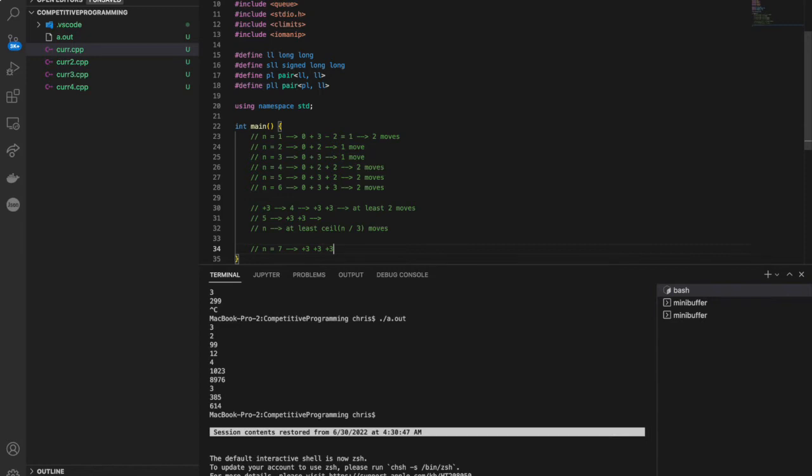So we need an extra number, a plus 1 added to the n divided by 3. And that would give us a plus 9, which is at least 7. And therefore,